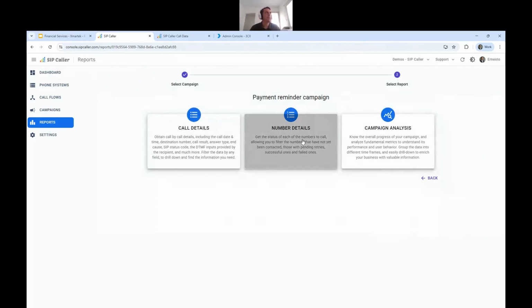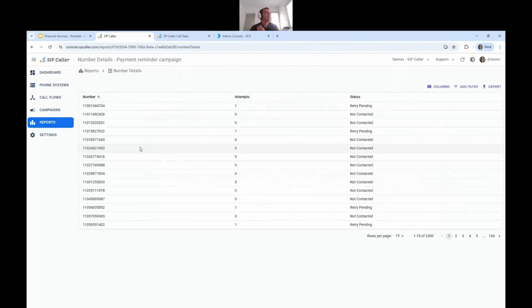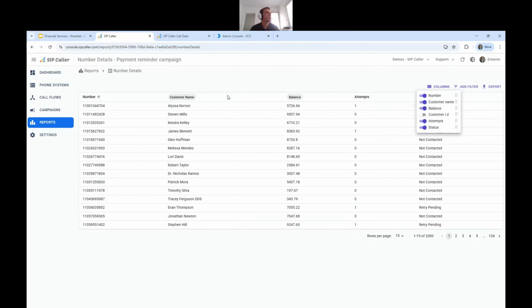Then we have the number details report. The number details will give you for every number the status of that particular number. So for example, this number was called once and the status is retry pending. You can here also show other variables, other columns,